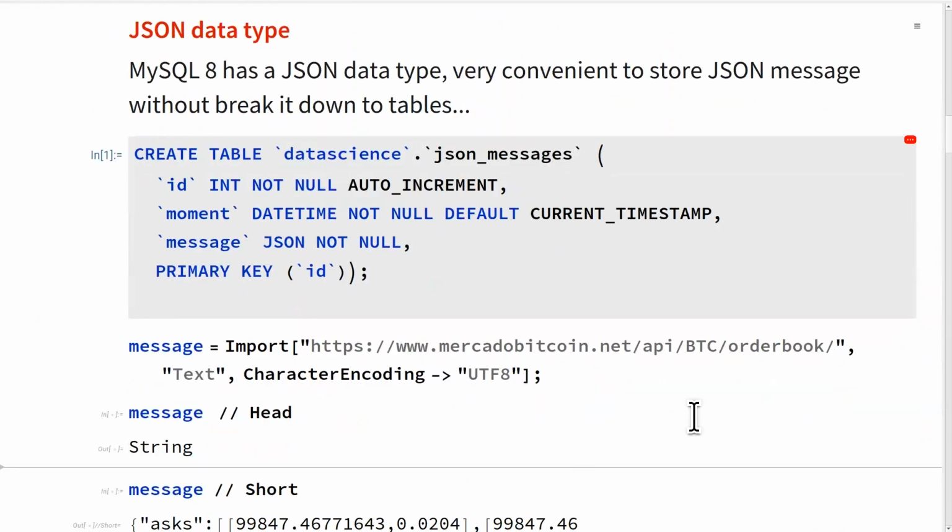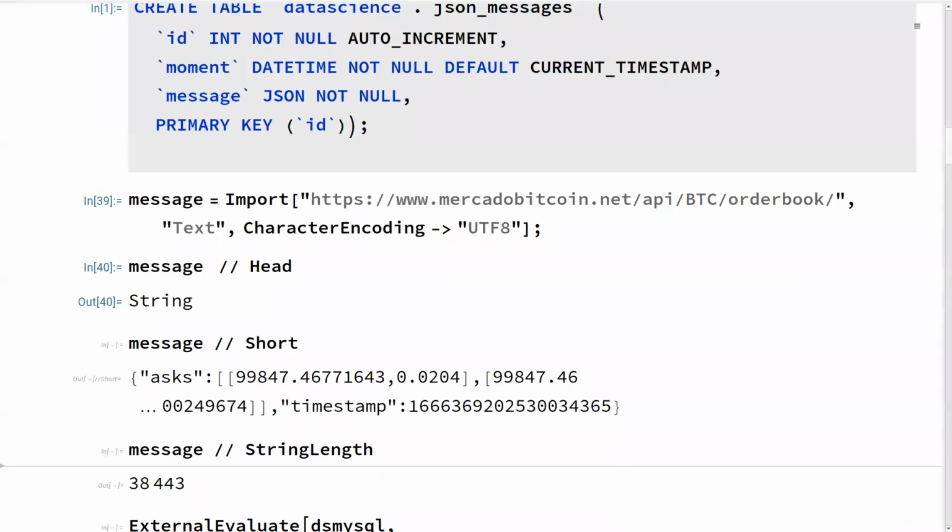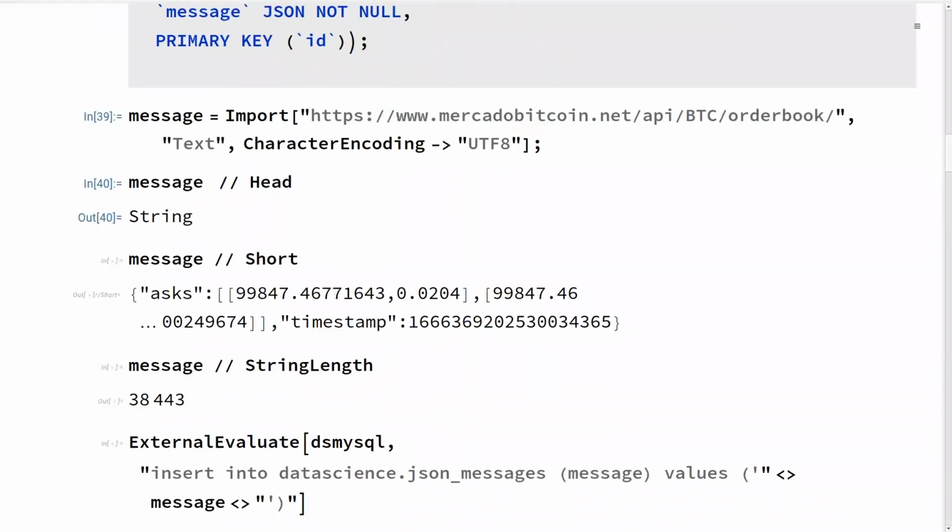And then I get a Bitcoin message here from a web service. They have a JSON with the values. It's a string. I read this thing as a string. I force it here, okay, as a string. And then I just send this to the database, concatenating here to build the query. And then it goes to the database.